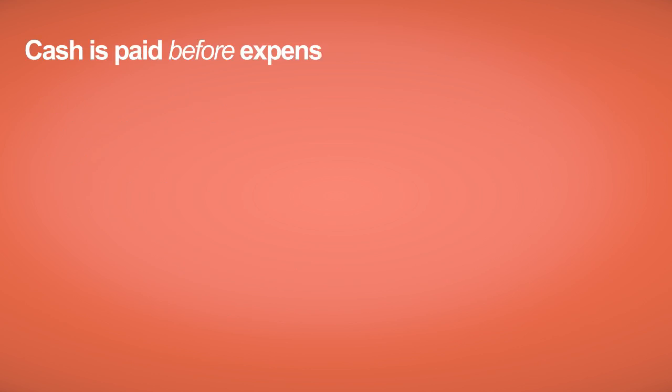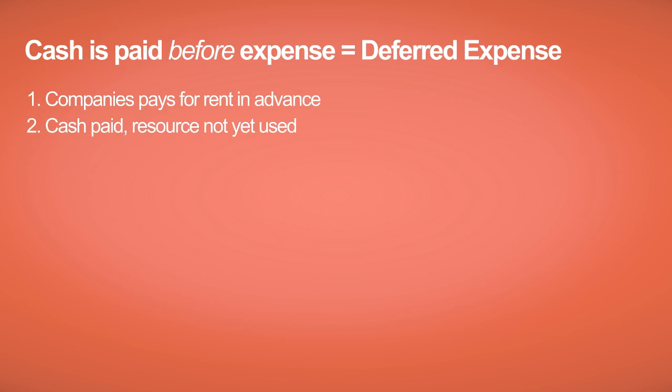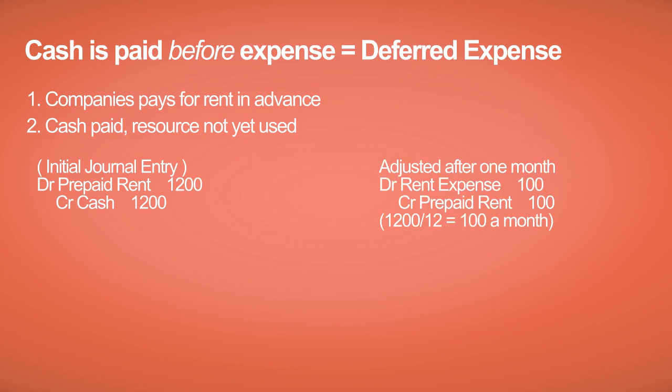When businesses pay for a resource in advance, they have a deferred expense. Prepaid rent is a common example, where there is an initial journal entry debiting prepaid rent for $1,200 and crediting cash for $1,200. Depending on the period, adjustments can be expressed as an expense for a proportion of the total